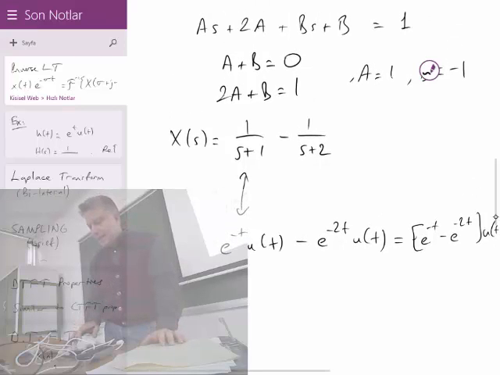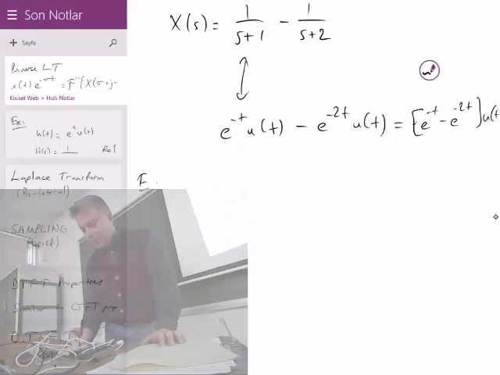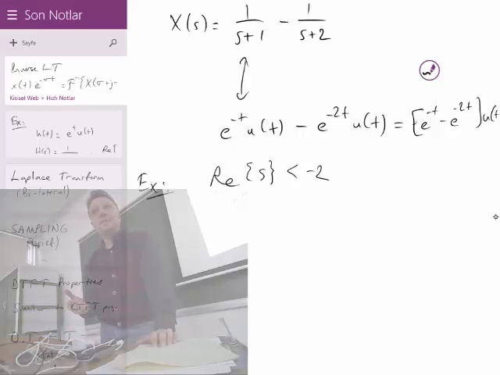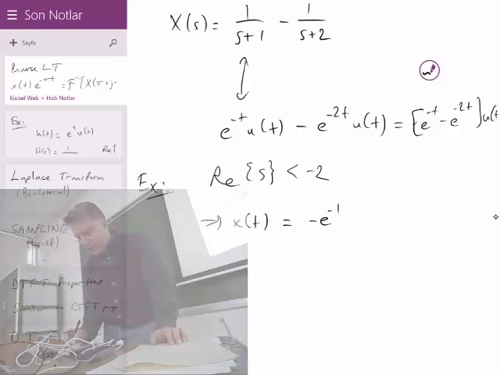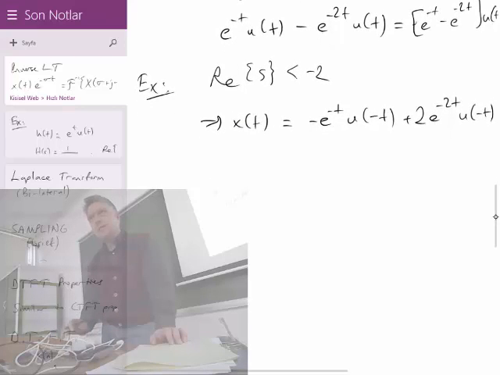And as I say, this is the solution for the region of convergence definition, real part of s greater than minus 1. It could be like real part of s less than minus 2, and in that case it doesn't correspond to a Fourier transform because it doesn't include the j omega axis, and you will find x of t to be equal to minus e to the minus t u of minus t plus 2 e to the minus 2t u of minus t. Another case,